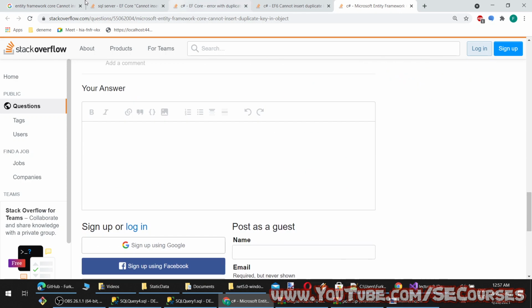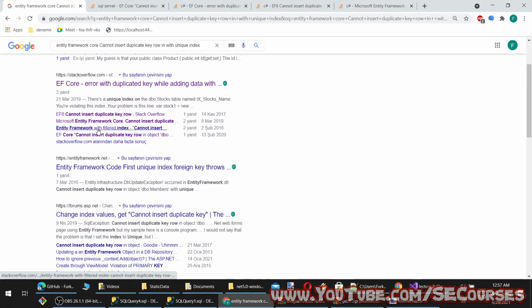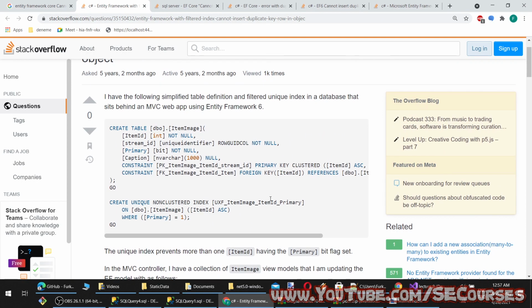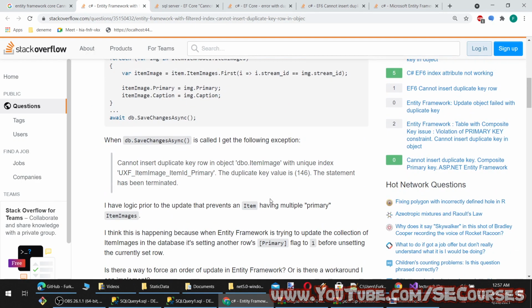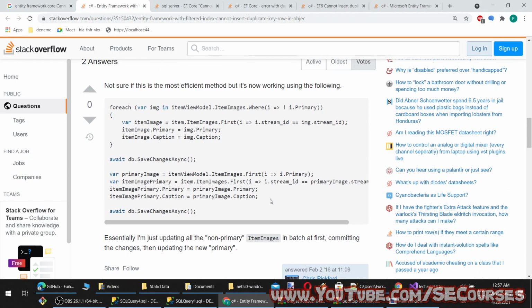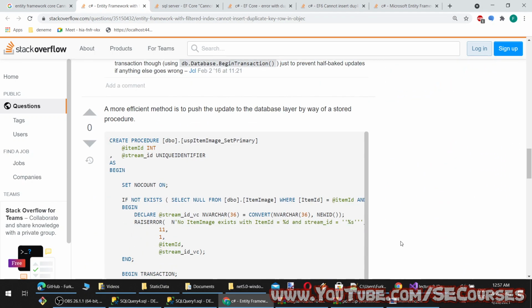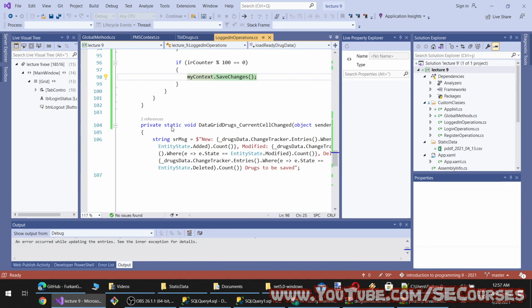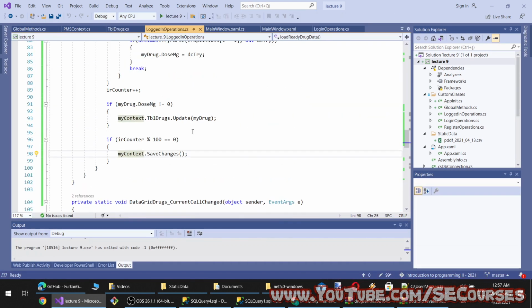Yeah, probably our mass insert will not work if we follow this, but what we can do is alternatively for each item, instead of the counter, we can save changes at each row.